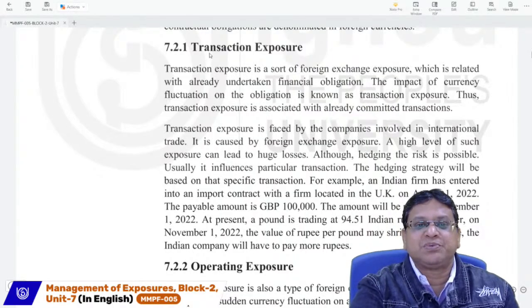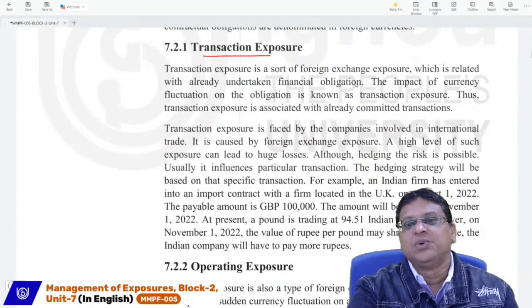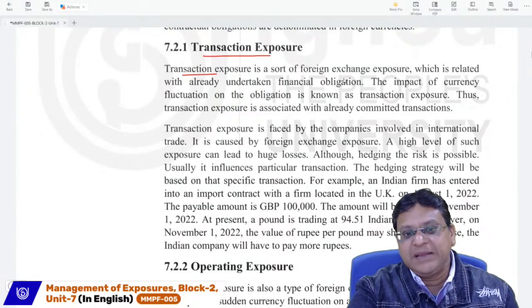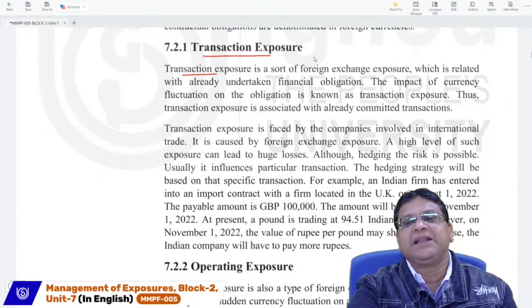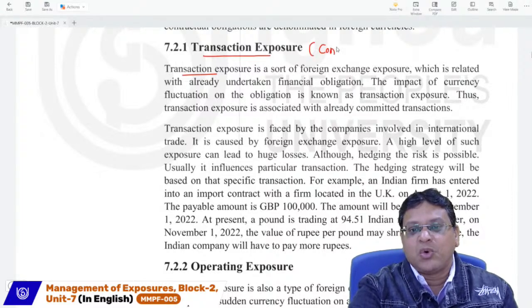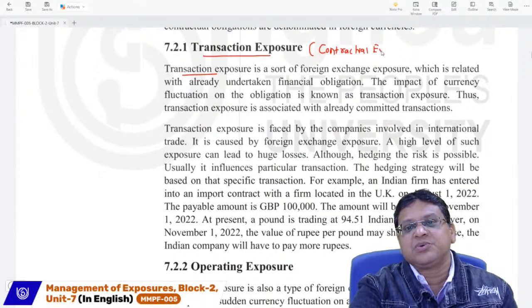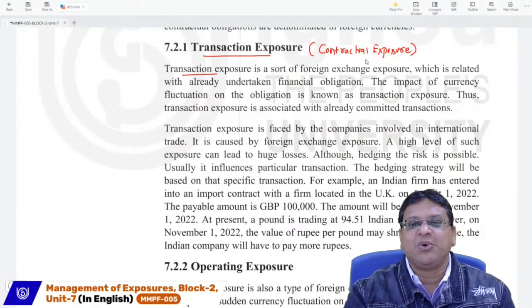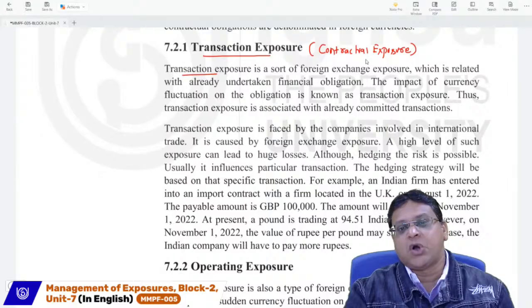So transaction exposure arises due to the transactions or agreements which have already been contracted for. Therefore, it is known as contractual exposure. Transaction exposure is also known as contractual exposure because it arises due to the contracts which have already been incurred